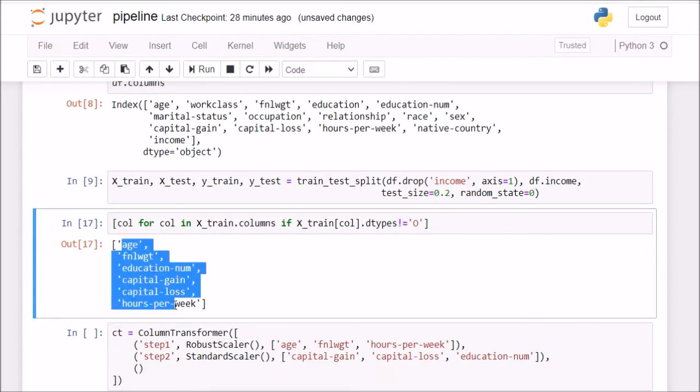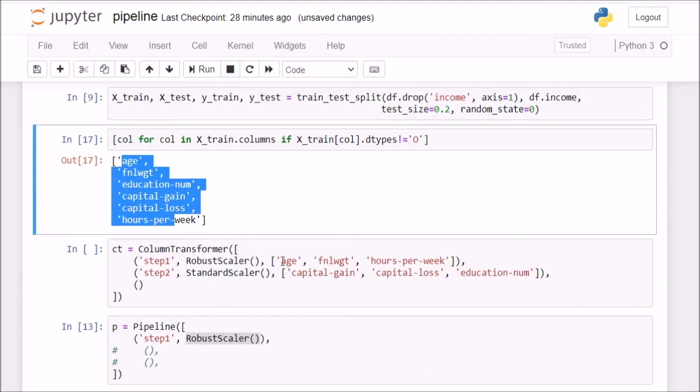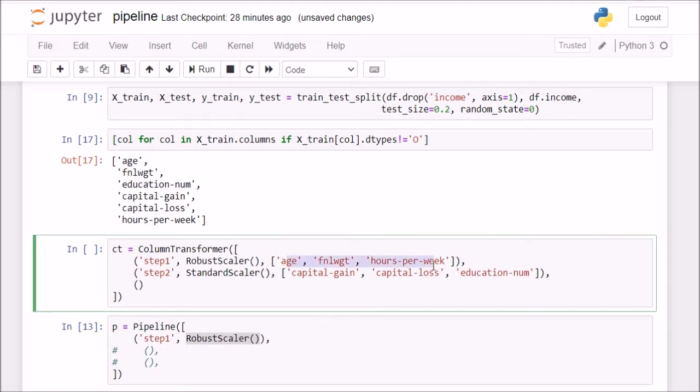So I have these 6 columns, and I've segregated them just for demonstration purposes, to show how we can use a column transformer. For these first 3, I want to do robust scaler, and for the next 3 numerical columns, I want standard scaler.